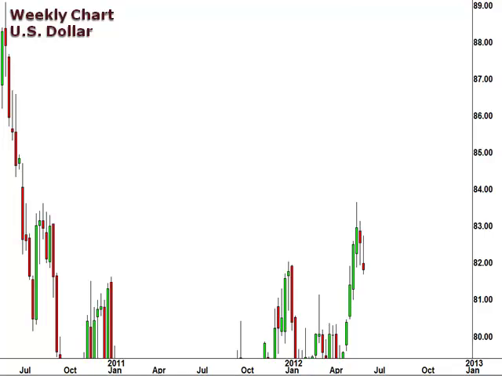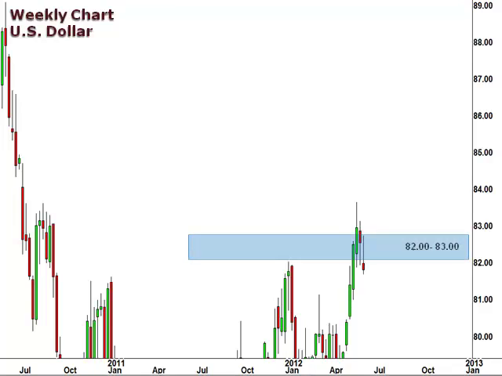Let's start off with a weekly chart of the US dollar index. This is a great way to gain perspective as to how the US dollar has been trading against a basket of currencies. Well, the US dollar continues to feel some pressure after a strong move to the upside. With the Greek elections wrapping up, the results appear to be placing further pressure on the US dollar to move